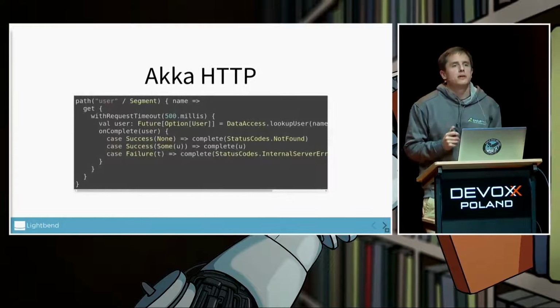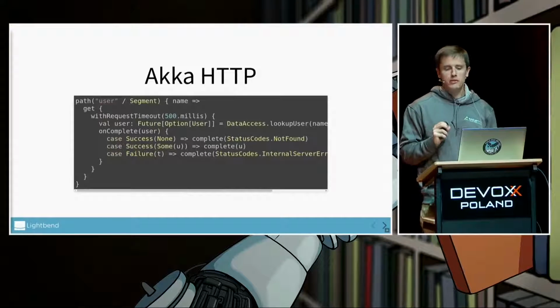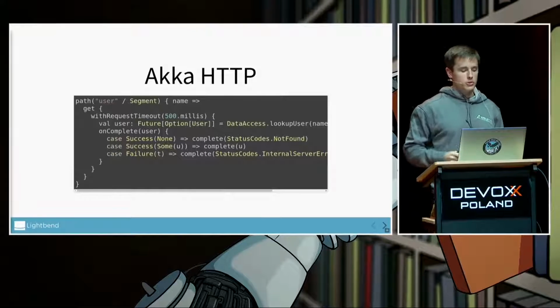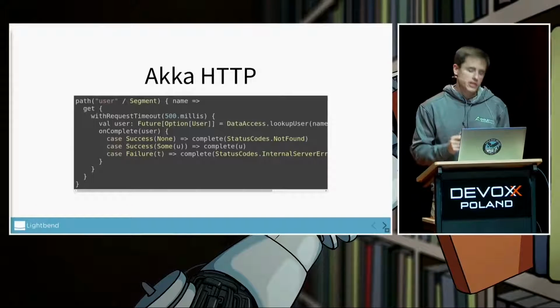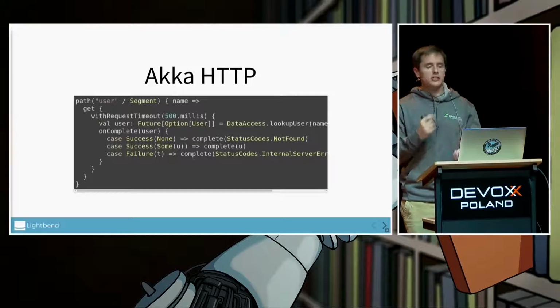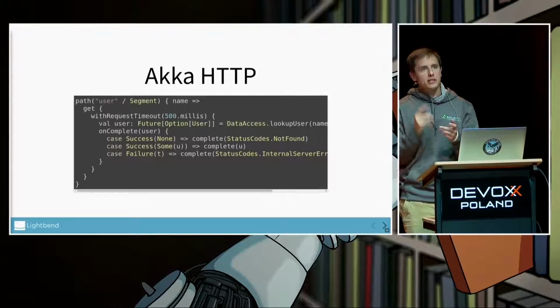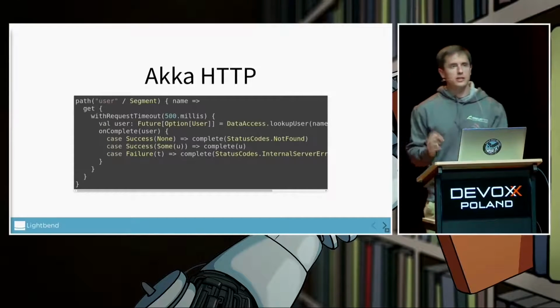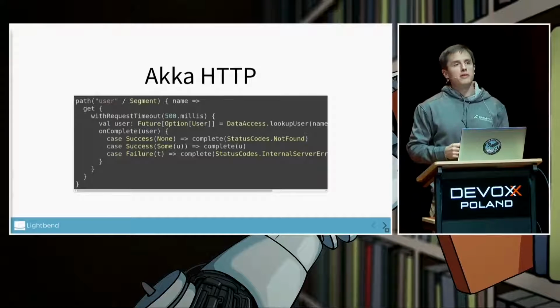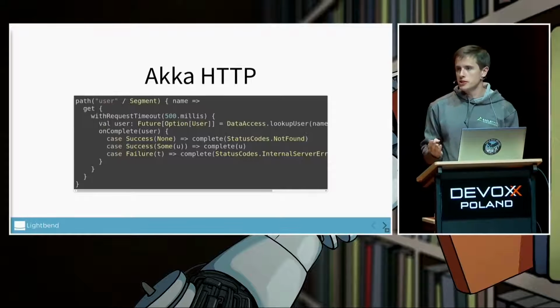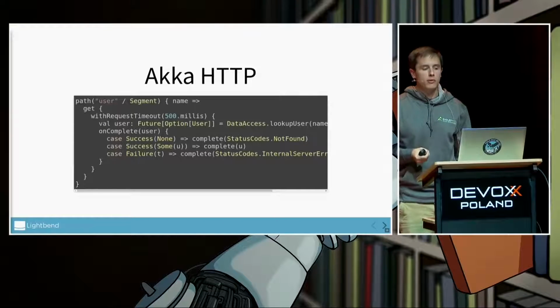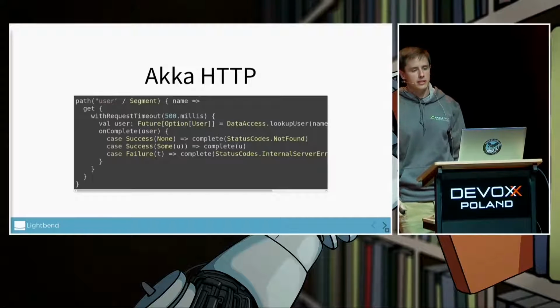Here's the same example in Scala, because it looks slightly nicer with the request directive, which is called withRequestTimeout. So it's very easy for us to offer this type of functionality, because now we're basically just racing two futures. We're racing the future that you've given us versus the fake future, which is coming from the withRequestTimeout. And when we do the demo later, if I do it on a cold JVM, some of the requests might take more than 500 milliseconds. So we're going to get some 503s back from Akka HTTP.